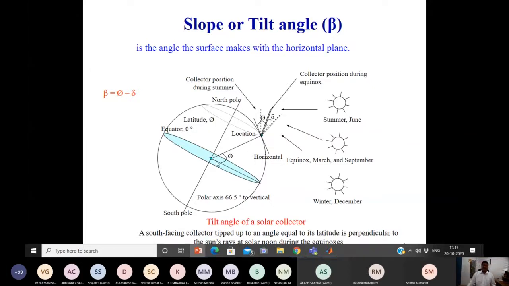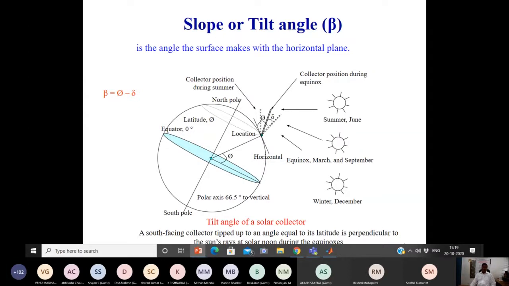Okay, next is how much angle they have to tilt. Latitude, as per this solar geometry, you see the trigonometry here, this is the latitude. The location is defined by latitude. If the angle beta is equal to latitude, then on average the surface is facing towards the sun. But seasonally the sun position is changing, that's summer time and winter time. So to accommodate the seasonal changes, slightly a delta can be applied to phi, that is, beta is equal to latitude phi plus or minus delta. This plus or minus delta will accommodate the seasonal changes, that is the summer as well as the winter.